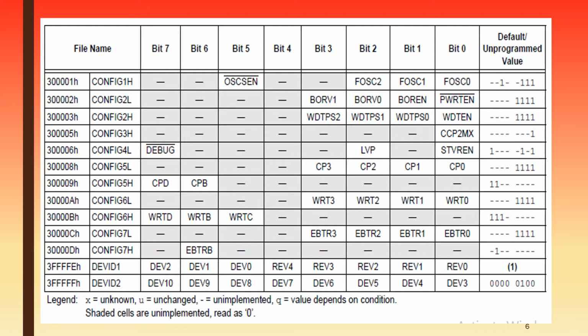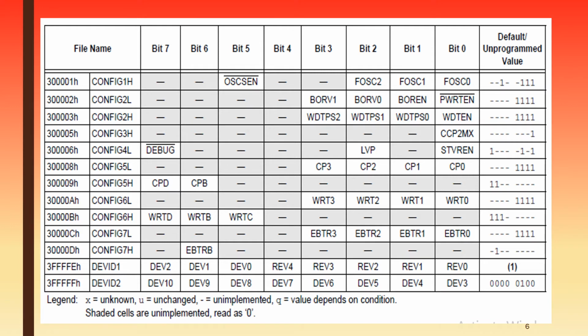Here you can identify the respective device and accordingly configure it by setting the particular series of PIC, and the rest of the configuration registers and their respective bits are used for performing various kinds of activities, providing